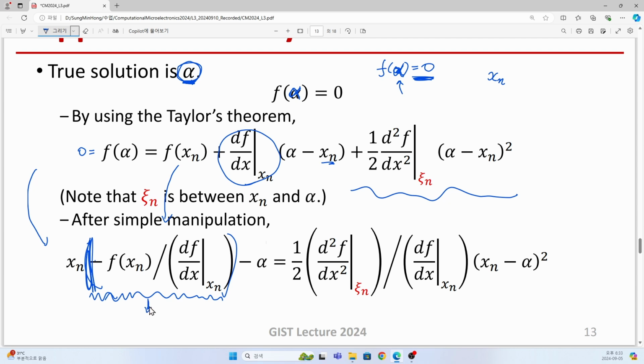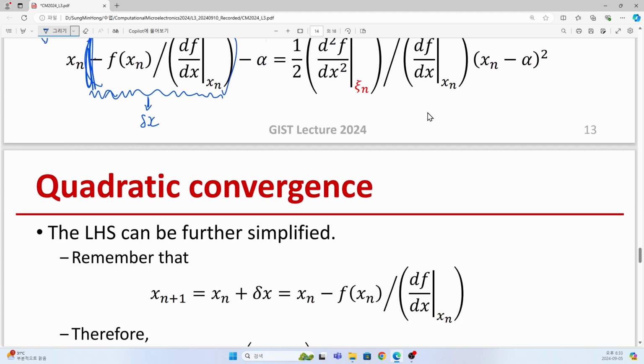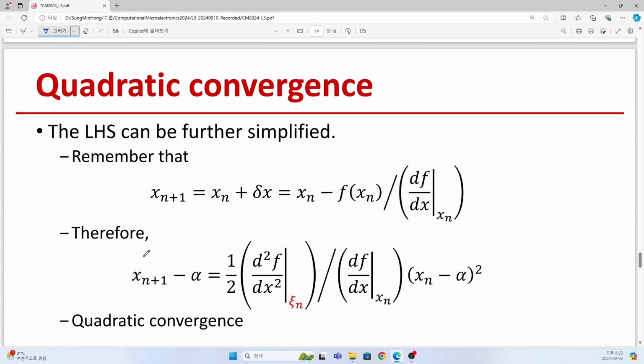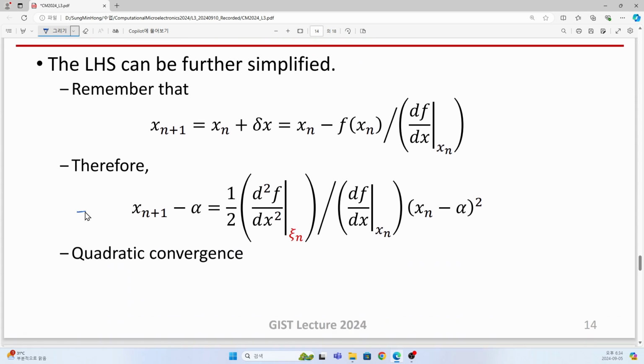This term can be identified as our update delta x. So what is the sum of x n plus delta x? This one was regarded as the next improved solution x sub n plus 1. So as you can see, this equation can be just summarized in this way. What is it? The difference between our next approximate solution and the real solution. This is actually the error